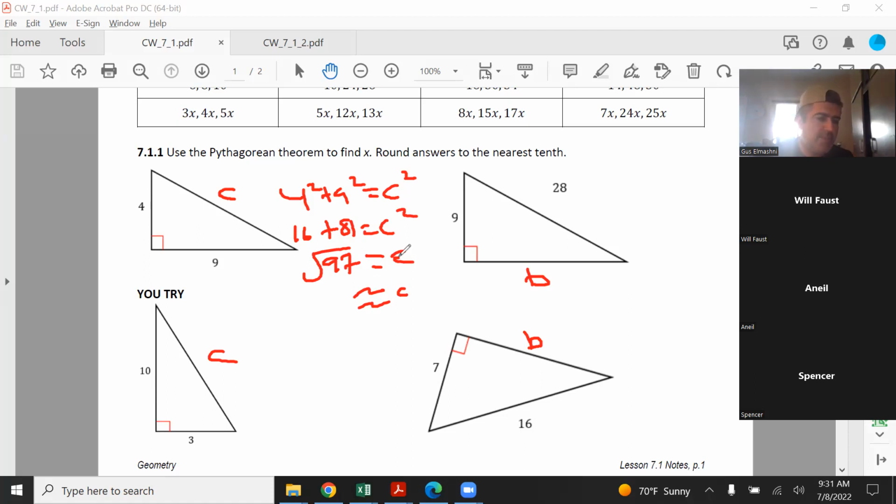So root 97. This is going to be very boring work to reduce this. That's 9.8, right? Not that hard. Next up, you have 9 squared plus B squared